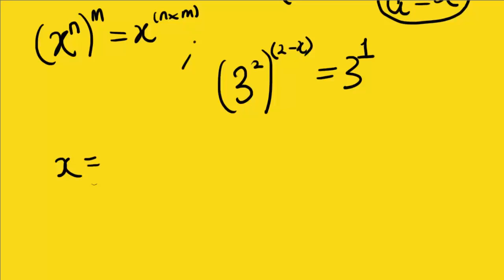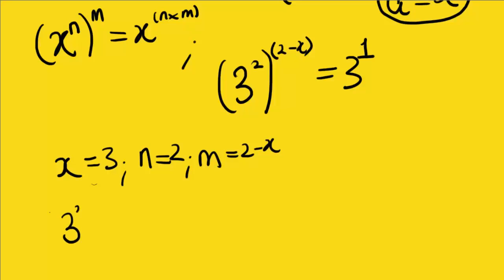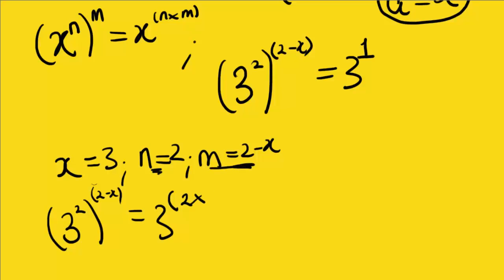So x is 3. If you compare, 3 is the base. n is 2, as you can see, in the same position. And m is the number you multiply outside, or the expression, which is 2 minus x. Therefore, using this form, you can say that 3 to the 2, to the 2 minus x, is equal to x, which is 3, raised to the n, which is 2, times m, which is 2 minus x,